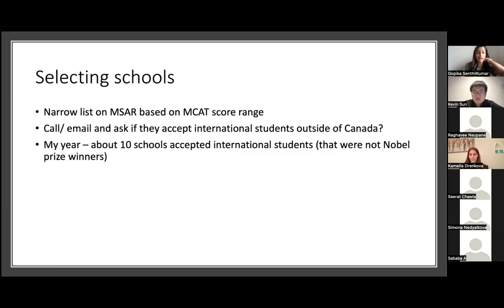I said I'm going to look at an average range of 514 to the highest level possible, because for MD-PhD programs, your scores don't matter to the same extent as for MD programs. Another thing to keep in mind is if you score like a 518 or 520, and you apply to schools that have an average MCAT range of 502, 503, don't be surprised if they don't give you